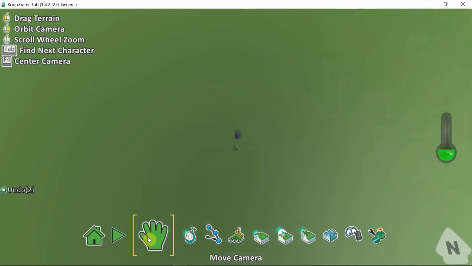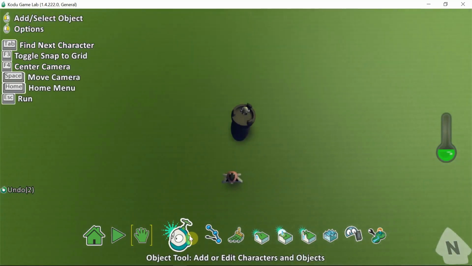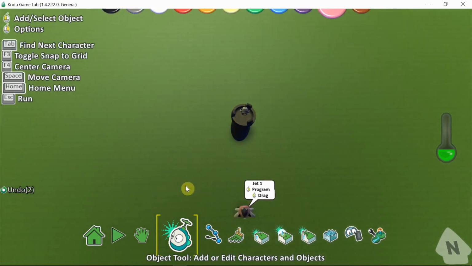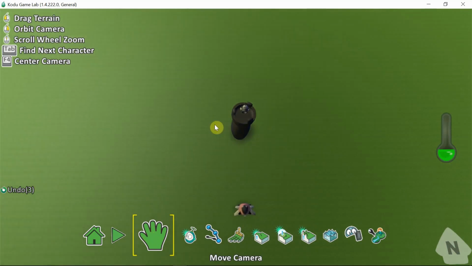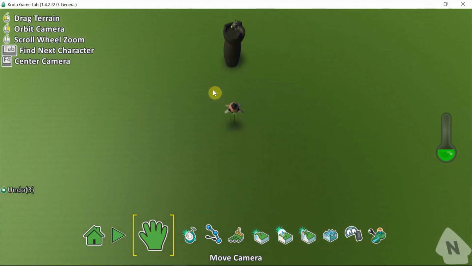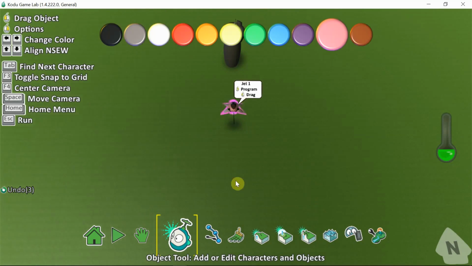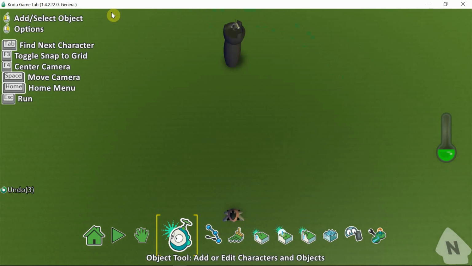I come to the object tool, and I can adjust my jet farther to keep it safer. I come here to move camera, and I drag it like this, and coming back to the object tool, I place my jet over here. So, a pretty safe distance from the cannon.